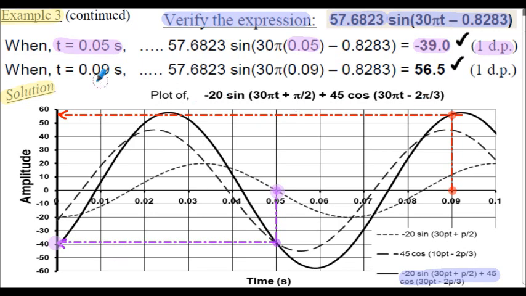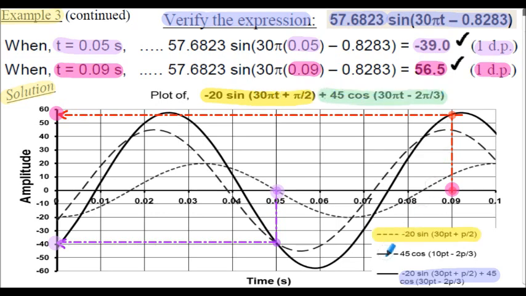And if we take another value of t, say 0.09 seconds, again insert that into our expression here, that evaluates to 56.5 to 1 decimal place. And again from our graph, at 0.09 seconds, we can see on the vertical axis a value in the region of 56, 57 is determined. So again, the expression seems to be quite accurate. Remember, of course, the resultant waveform is the resultant of adding these two waveforms we were given